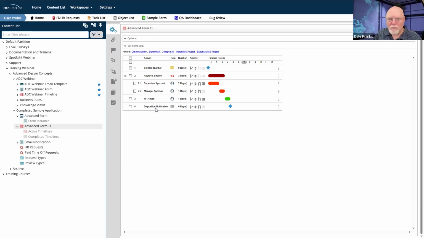So that I ensure that my timeline initiator or my form submitter, which are usually the same person, just need to know what the disposition was for their request so that they can close it out and go on with their day, or take their time off, or know that their complaint was addressed and fixed, whatever it is that the process does. So keep that in mind as a good last activity. Always tell your initiator what happened with their request so that they are explicitly informed as to what the result was. And we'll get into the details of doing that and other things with the email templates next week.